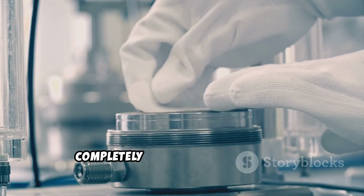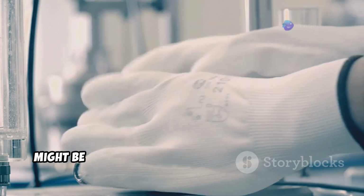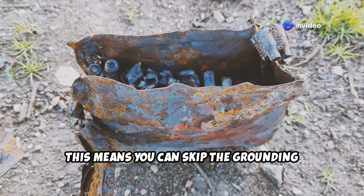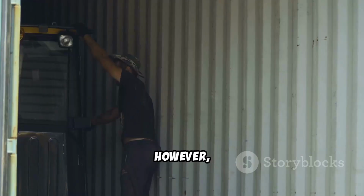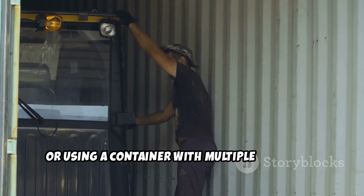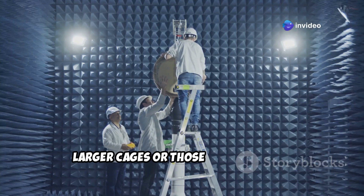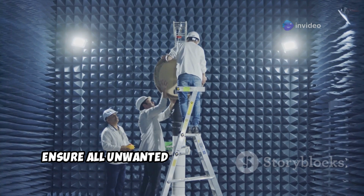If you're using a small, completely sealed metal container, the conductivity of the metal itself might be enough to dissipate any residual energy. This means you can skip the grounding step if your container is well sealed and made of a conductive material. However, if you're building a larger Faraday cage or using a container with multiple openings, grounding is a good idea. Larger cages or those with gaps can benefit significantly from grounding to ensure all unwanted energy is